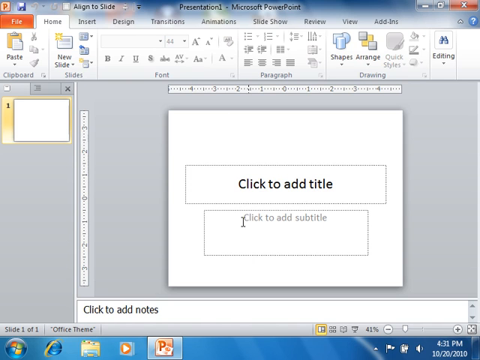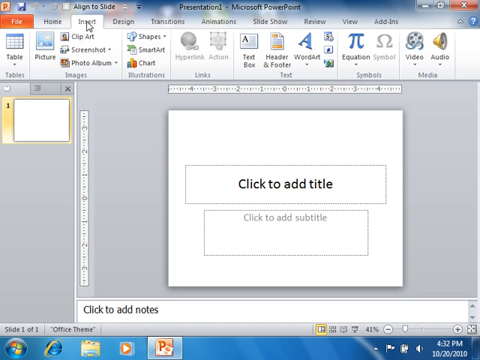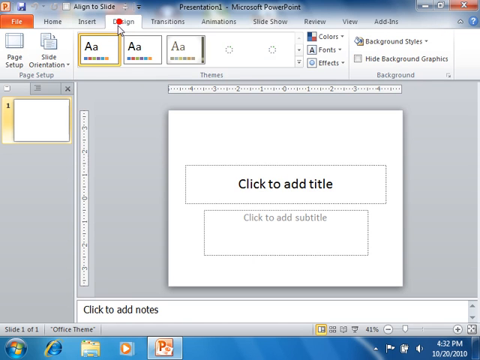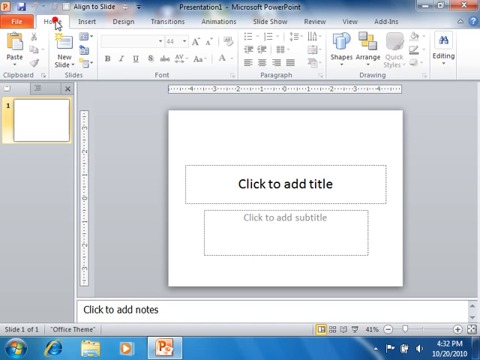The presentation slides appear within the application frame. The application frame consists of the title bar, the ribbon, the status bar, and the presentation slides. The first object that we will point out is the ribbon at the top of the application window. This tool is where you can find all of the tabs, groups, and commands that are available for